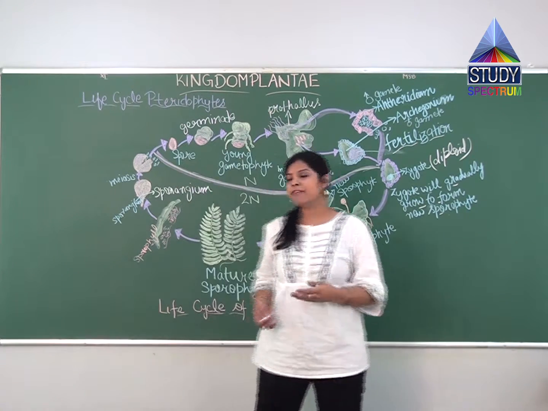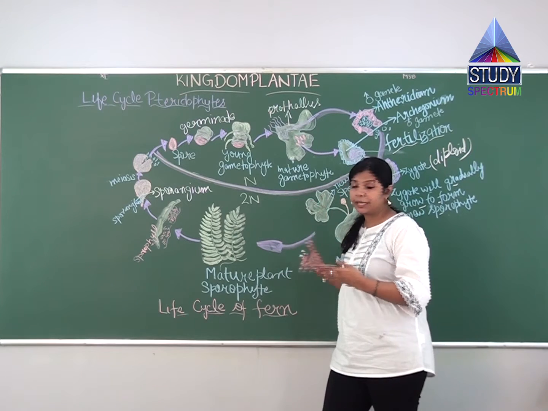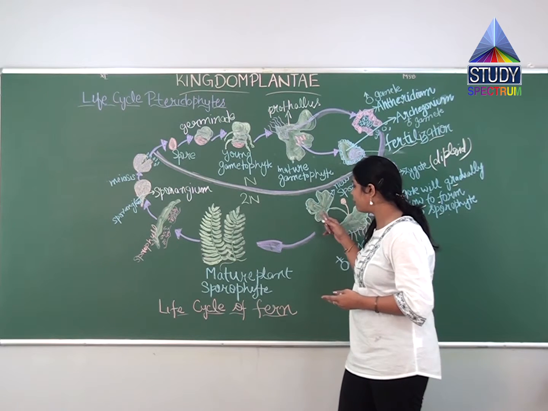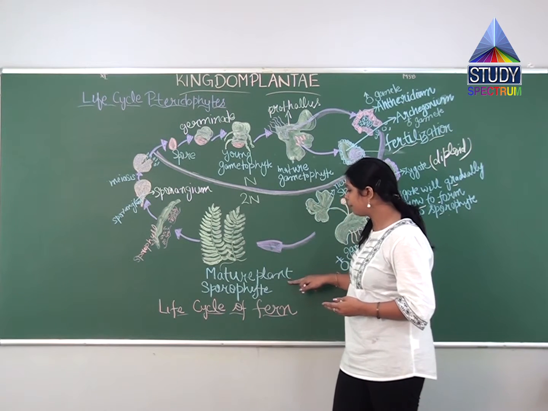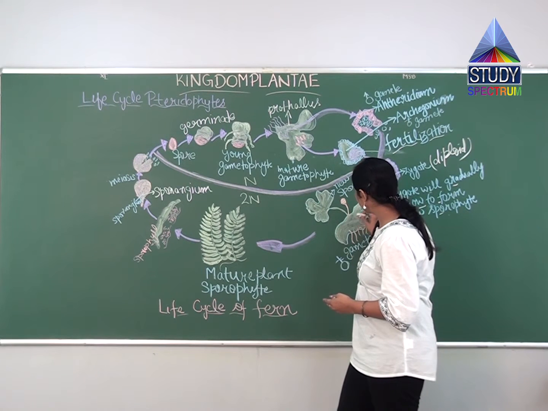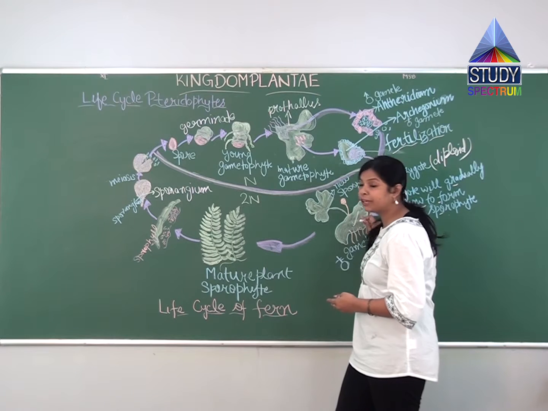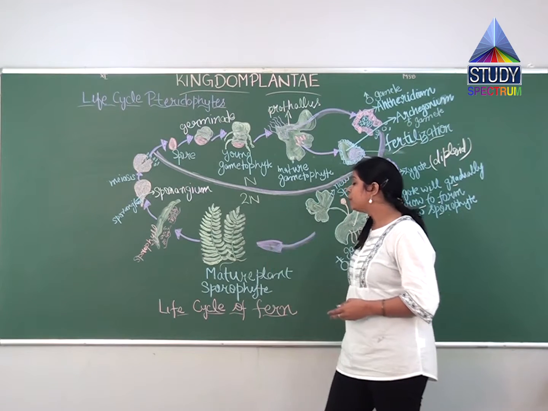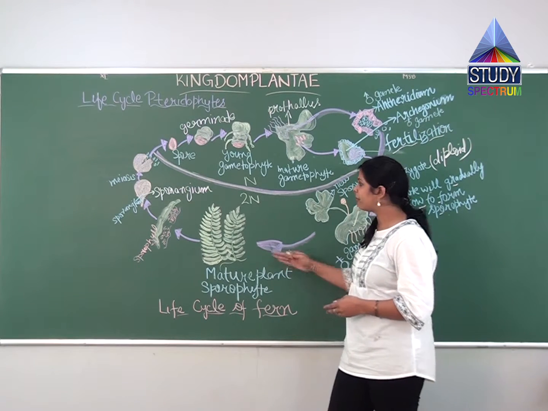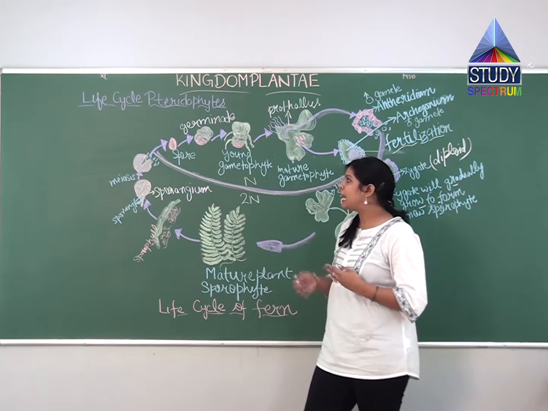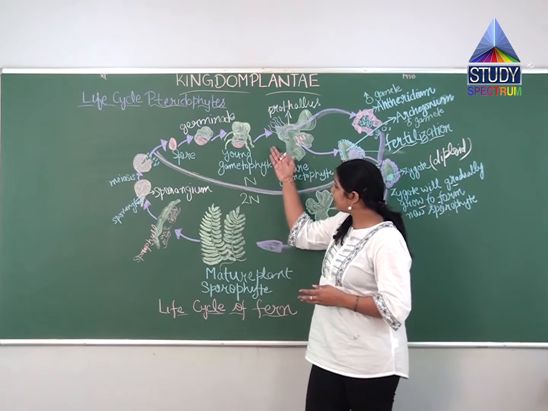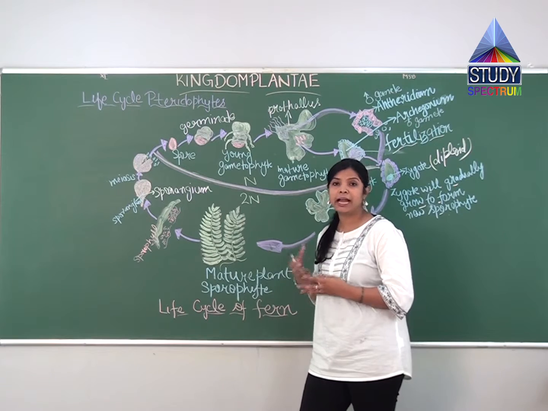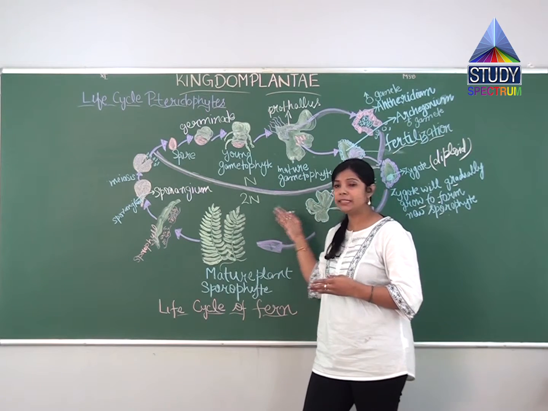Now, after some time, what would happen? As in pteridophytes, the main plant body is the sporophyte. So this new sporophyte will change to a mature sporophyte. After some time, you cannot see the female gametophytic stage and the main plant body changes to a mature sporophyte. So, this is the life cycle of fern where we can see the alternation of generations, with both the haploid stage as well as the diploid stage. Both stages are multicellular and both are included in this life cycle.